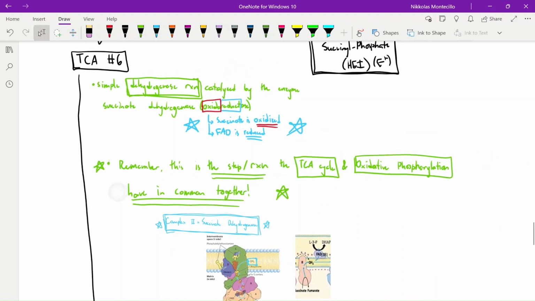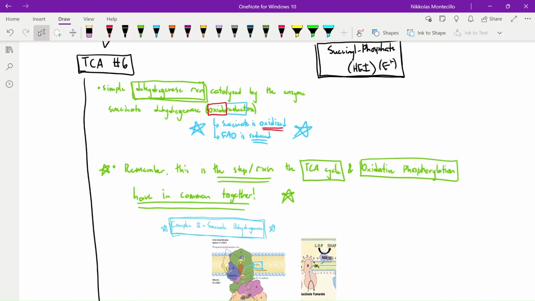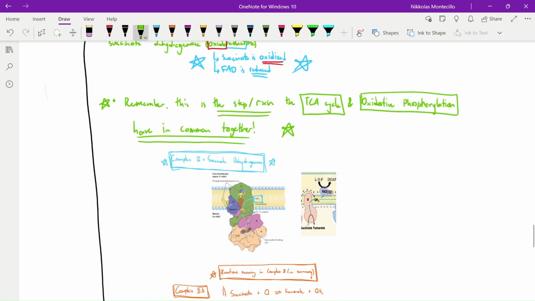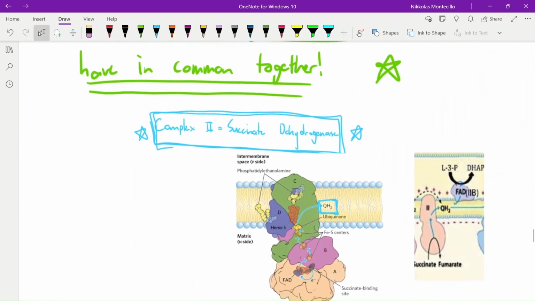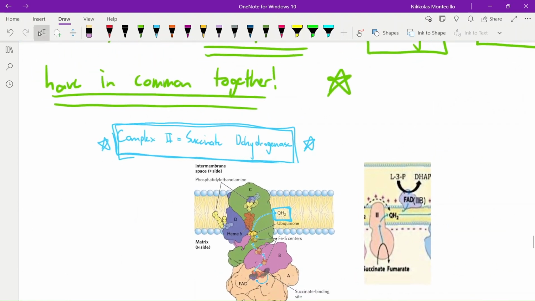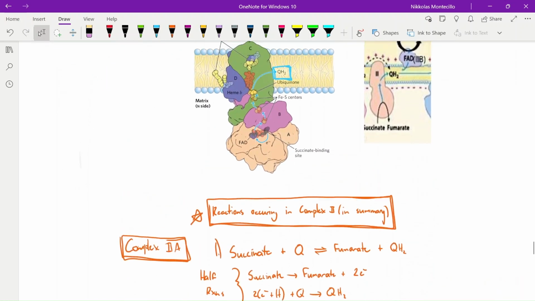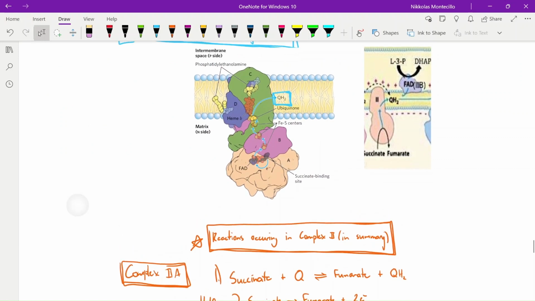Now remember, this is the step of the reaction where the citric acid cycle connects. This is the step where the reaction connects the citric acid cycle and oxidative phosphorylation, right? So we see in complex 2 in oxidative phosphorylation is just Succinate dehydrogenase, where succinate reduces